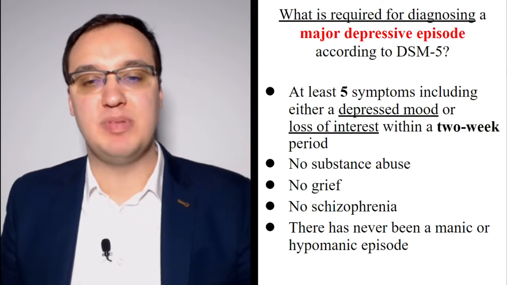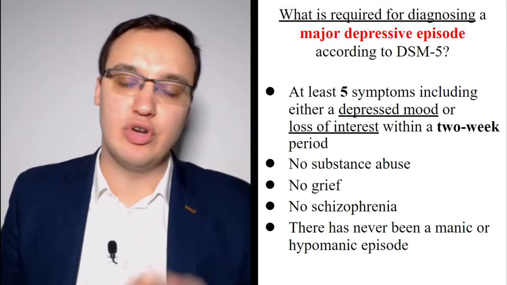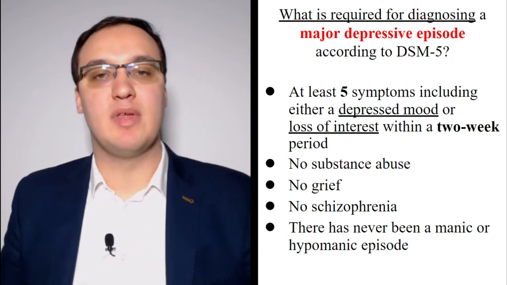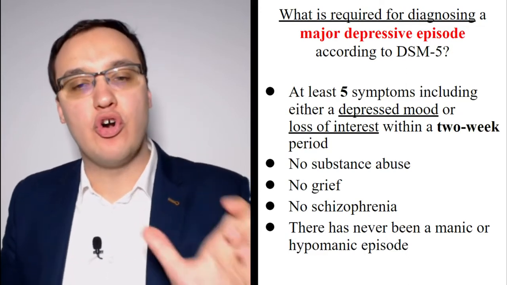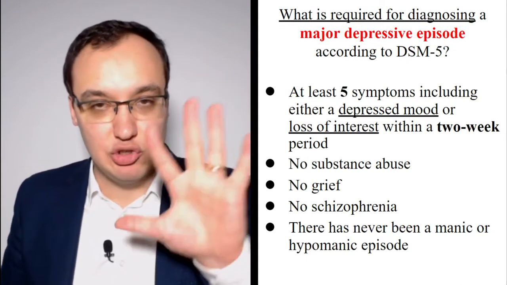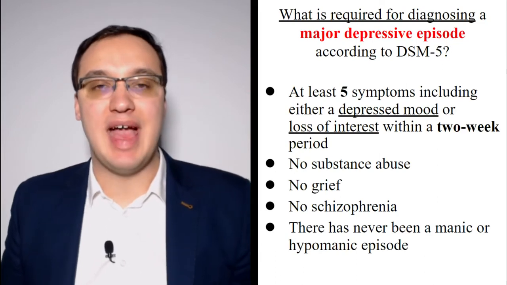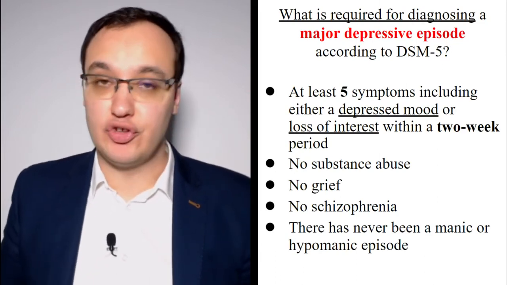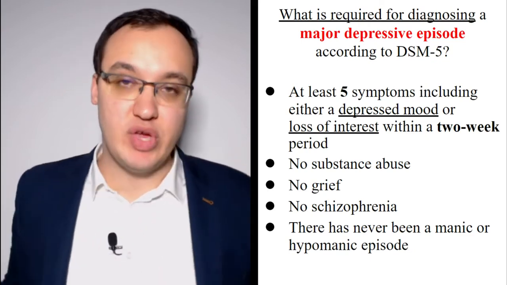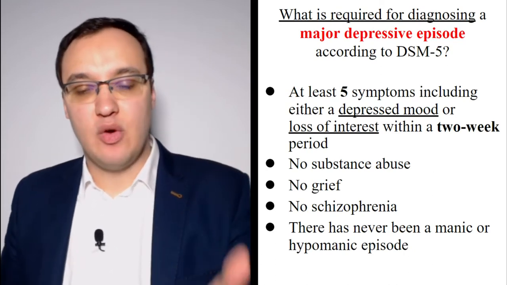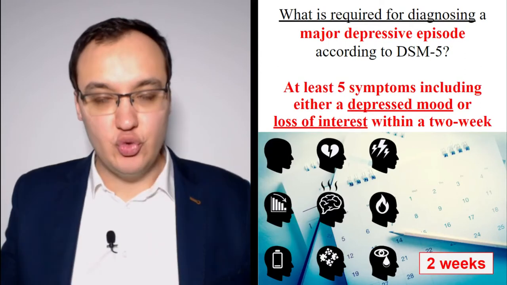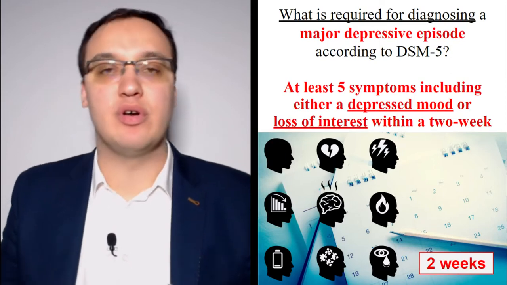And 2 of them has to be depressed mood or loss of interest. Or not, I did not define it properly. Not 2 of them. Either we have to have a depressed mood or we have to have loss of interest. We don't have to have both of them, but we have to have either of these included in the 5 symptoms that we have. And it has to be for at least 2 weeks, not 1 day, 1 hour or so. It has to be a prolonged time, at least 2 weeks. Then we can call it depression. And we have to have these symptoms together, at least 5, for 2 weeks. Then we can be sure that this is depression.